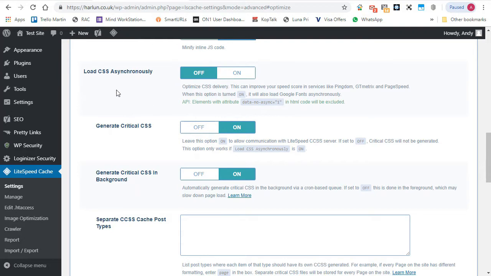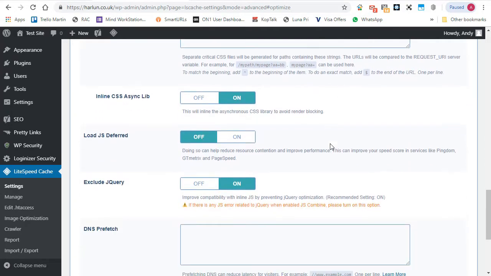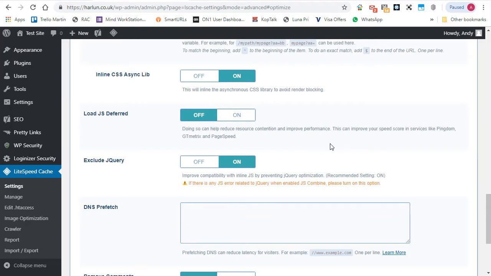And you remember that one of my pages had problems with Google Fonts loading. This will load your Google Fonts in a different way, which is better for the page load speed. These ones are already on, they were on by default, so we'll leave those as on. Keep going down. And again, you don't really need to understand all of these,